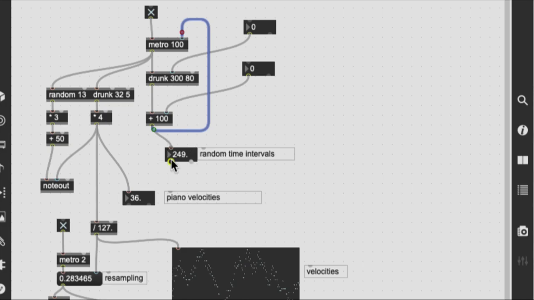Okay, so I get a kind of a thing. You can see the random time intervals right here. I'm not displaying the pitches, but you can have a look at those as well. These are the pitches, MIDI notes, and these are the velocities. Okay. Now, because I have a drunk, you see,